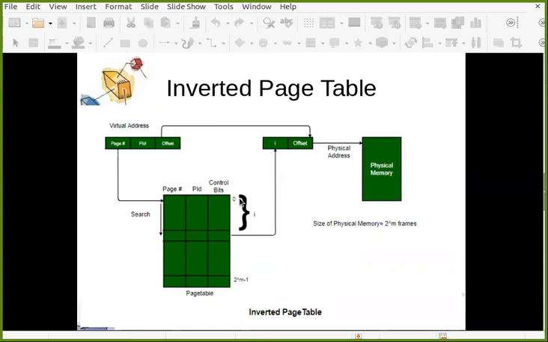Every time you need to convert a virtual address into a physical address, you need to search the whole table and find out if there is any entry for this process and this page number. If yes, that is the frame number, add the offset and get the physical address.